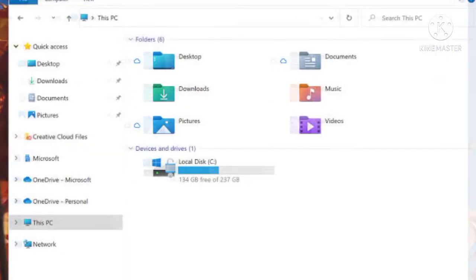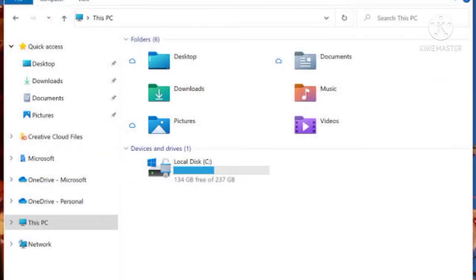Various operations can be performed on a file like creating files, naming and renaming them, saving them and deleting them. A file is identified by its name.